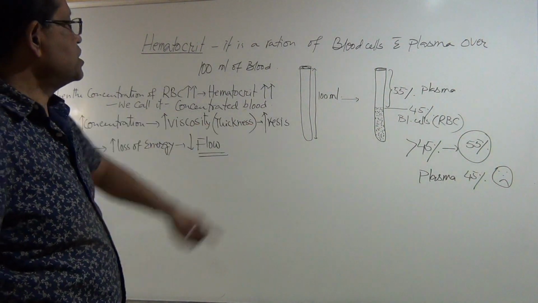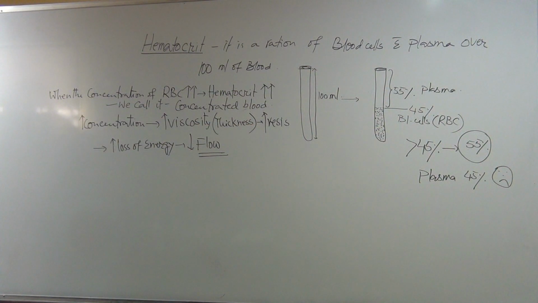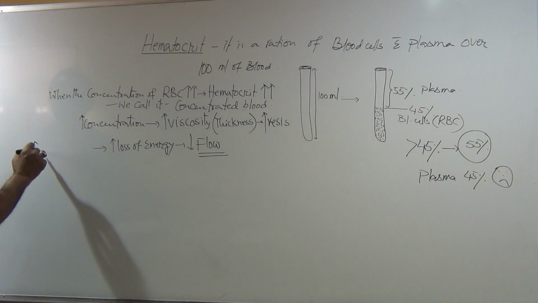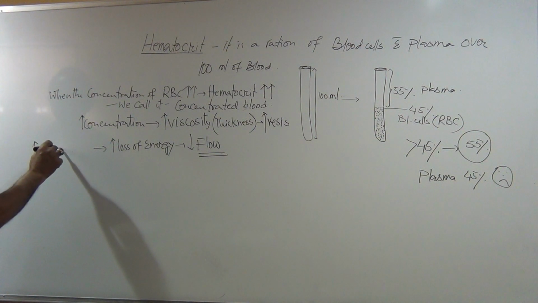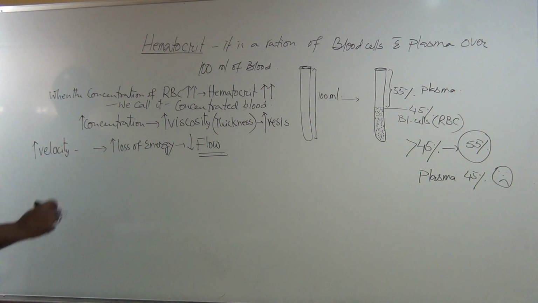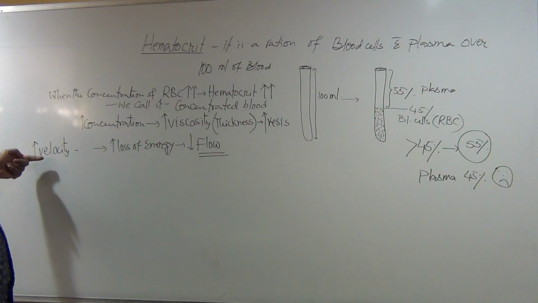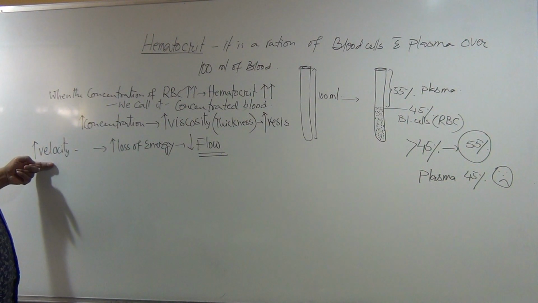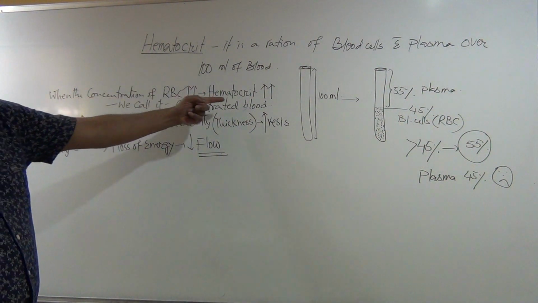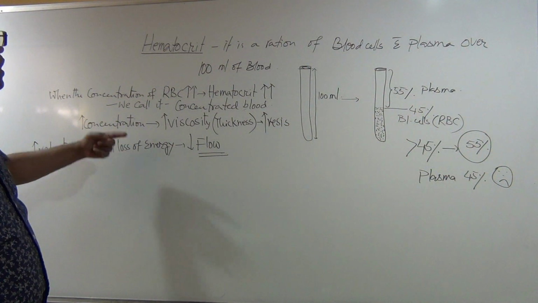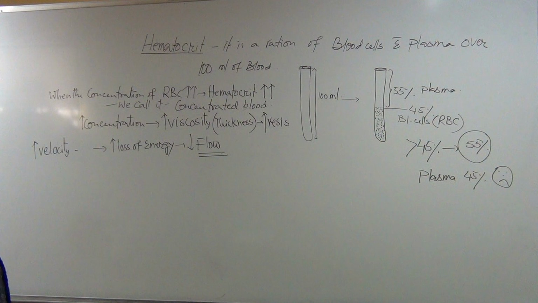And when the resistance is increased, then there will be increased velocity. Velocity means how fast. So velocity will be increased because of the increased hematocrit. But the energy will be lost quickly. Ultimately the flow will be less. That's why